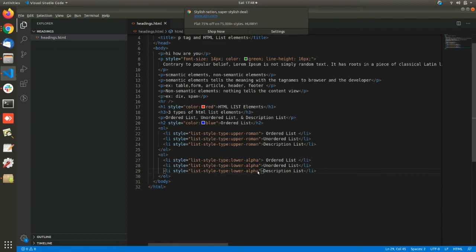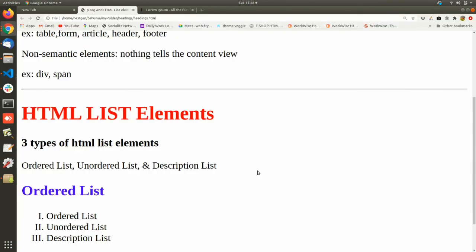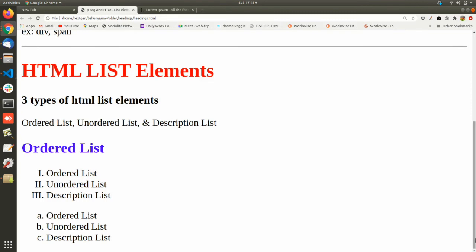Save. See the output. This is letter format. This is Roman letters.